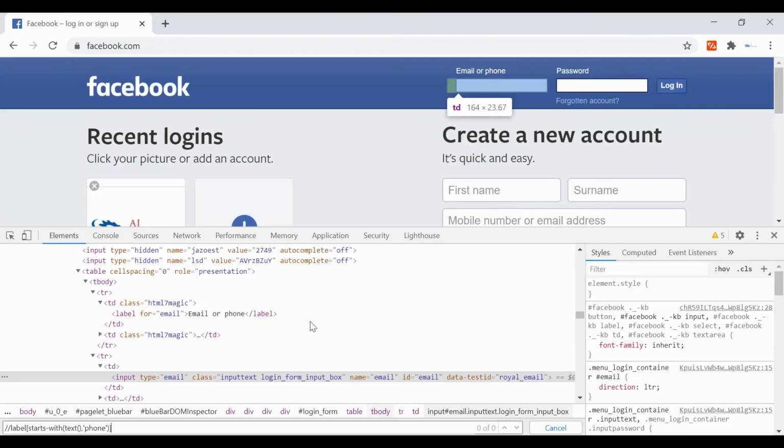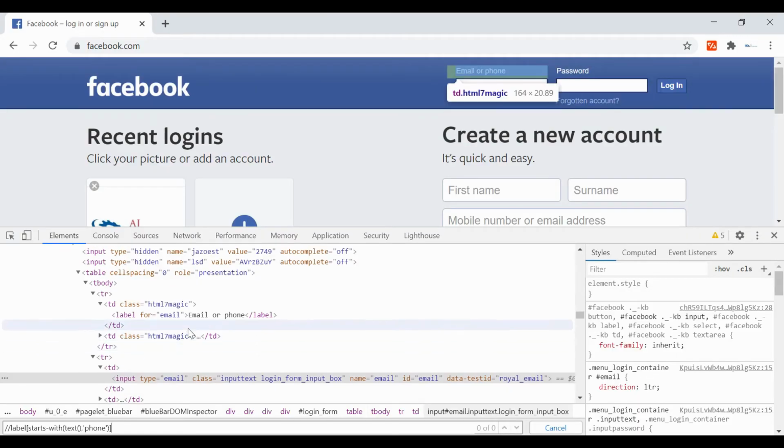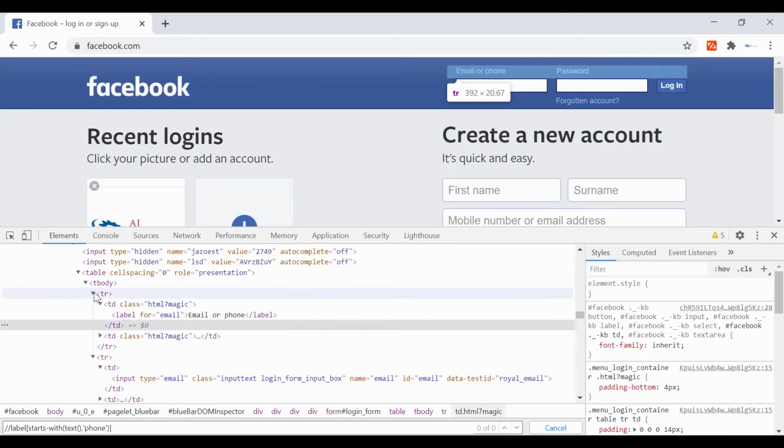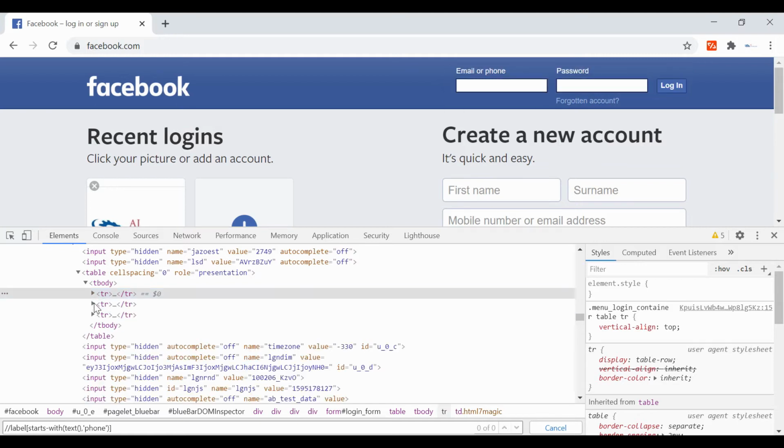For example, if you come here, this table has 3 rows. tr means rows. This is the complete table, and it has 3 rows: this is the first tr, second and third.